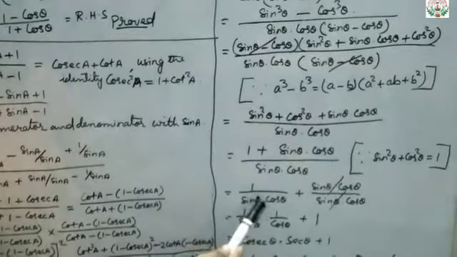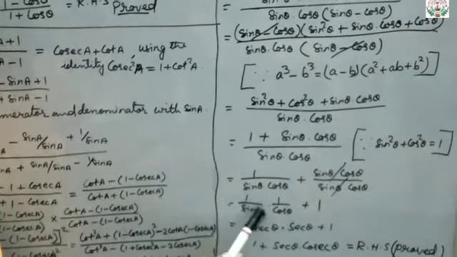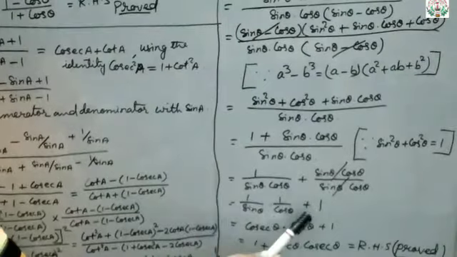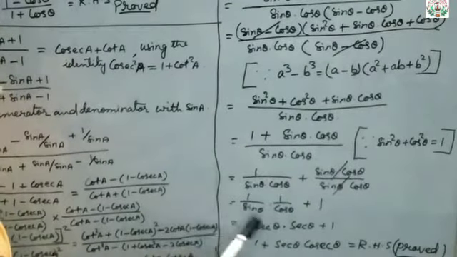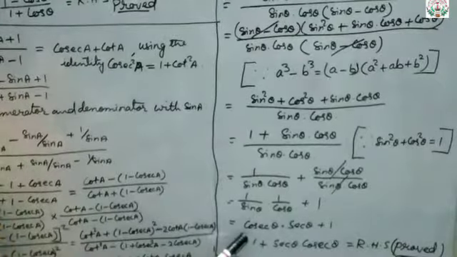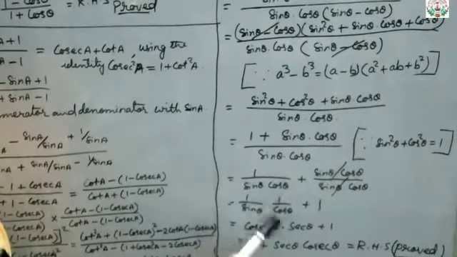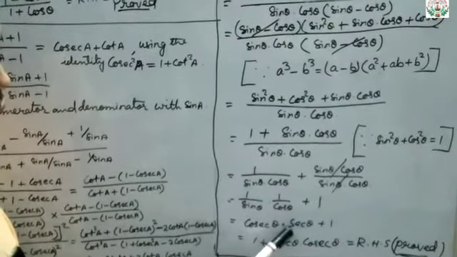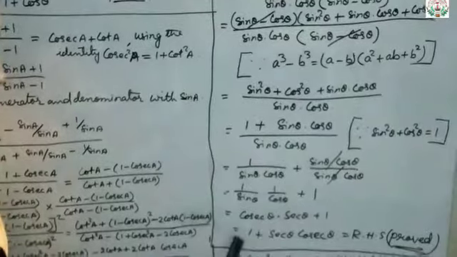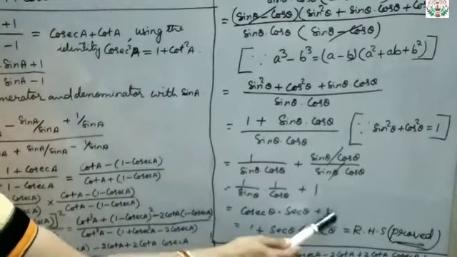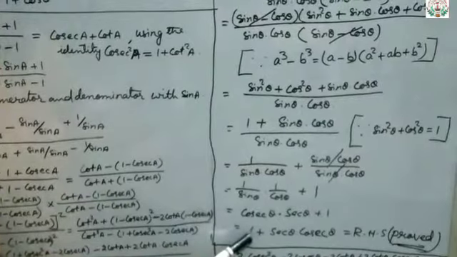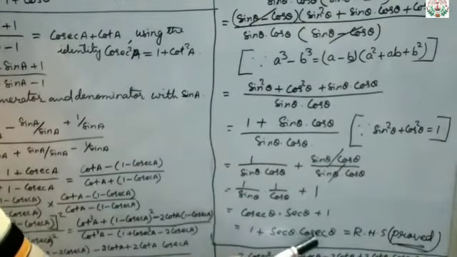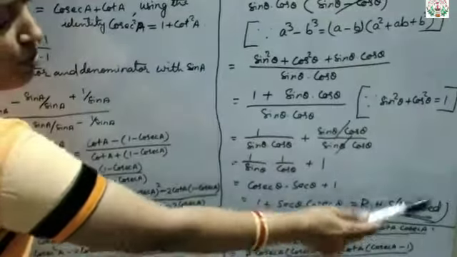So again this also we will be separating. So it will be 1 upon sin theta into 1 upon cos theta plus 1. So this reciprocal of sin theta will be your what? Cosec theta. So cosec theta into reciprocal of cos theta is sec theta. So cosec theta into sec theta plus 1. So that is equal to, I can bring this because it is in the plus form, I can bring 1 to the front. So 1 plus sec theta into cosec theta is the required RHS. So LHS equals RHS, proved.